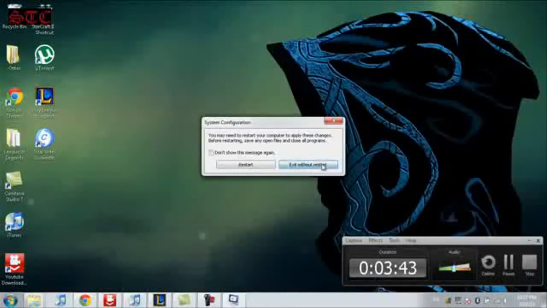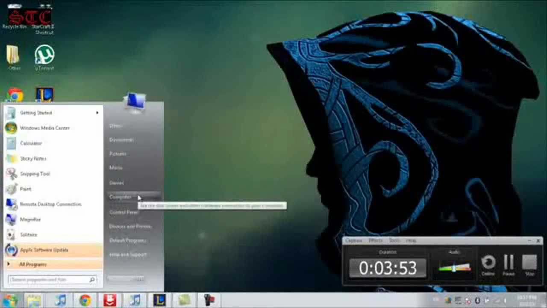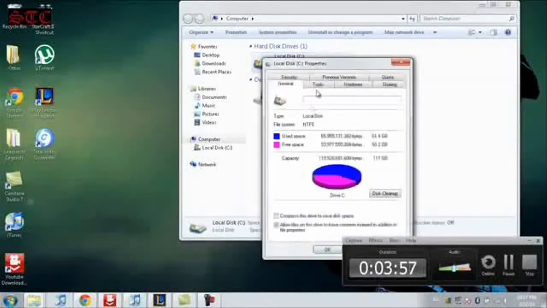Just say exit without restart for now. When you restart your computer, it'll also ask you a little message saying something. Just press OK and it's fine, the same kind of thing. Another way is, if we go into start then computer, you right click your C disk, properties, then you want